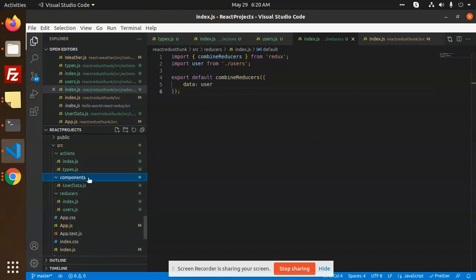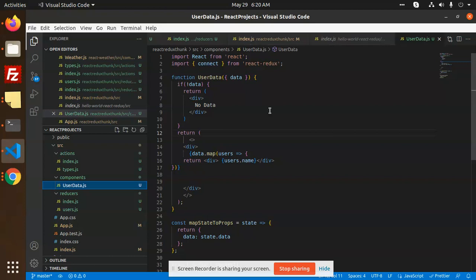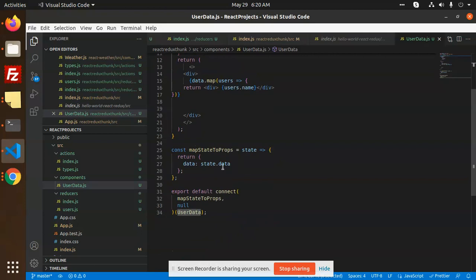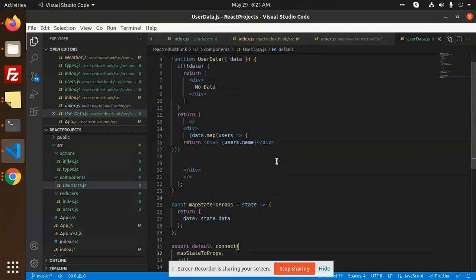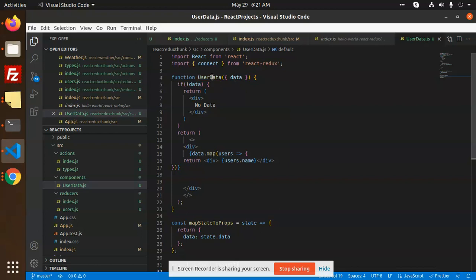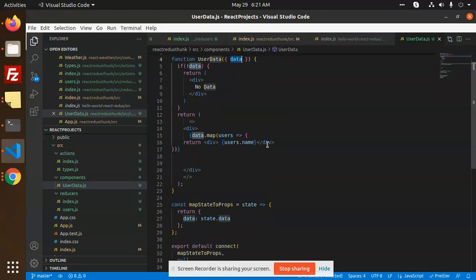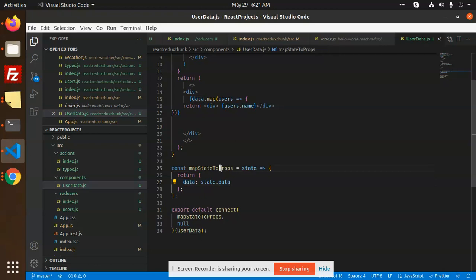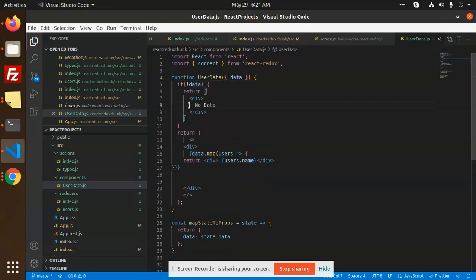After that we have components, then we have the user data. So how am I sending this user data? Here you can see what I have done in mapStateToProps: I am getting the data from the state, state.data, and I am iterating over it. I have created the UserData function, and the data is passed here through mapStateToProps. Whatever data is coming over here, I have just mapped it